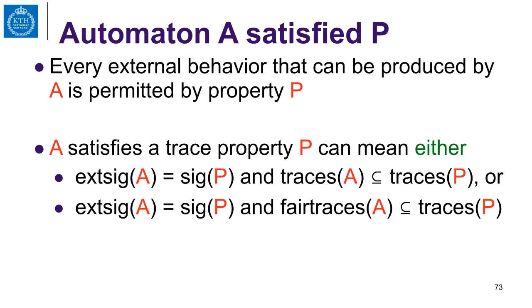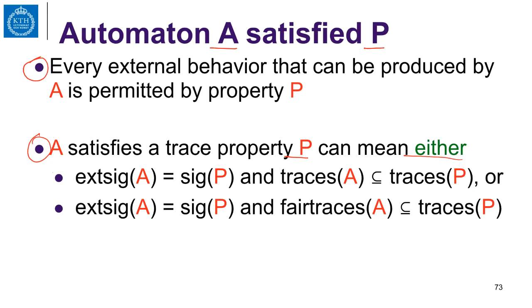The idea of an automaton A satisfying a property P is basically to satisfy the following property: that every external behavior of A that can be produced is permitted by the property P. Now we can specify this to mean either one of the following. So A satisfies a trace property P can mean either,